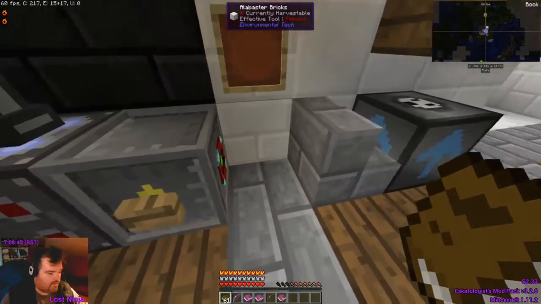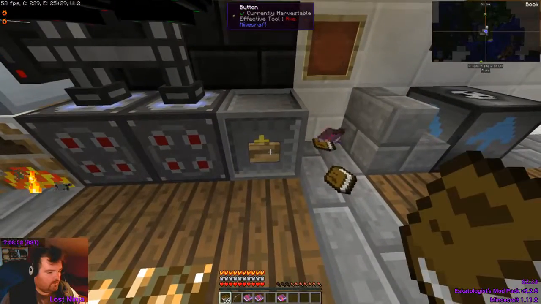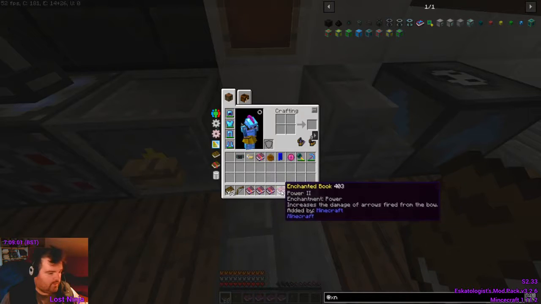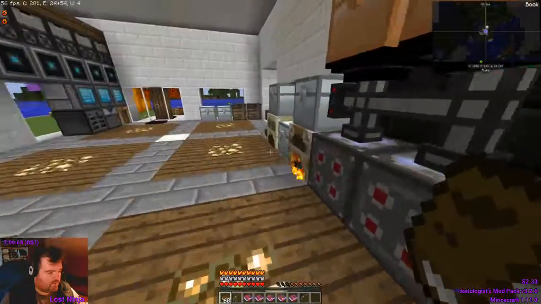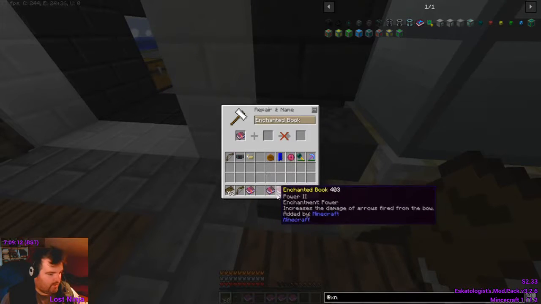Doing it like this though, bang. Oh, I want the book in there as well. Right, so I've got flame, power, punch, power, and infinity. So what I'm going to do is, oh no, first I'm going to combine that power and that power, so I get